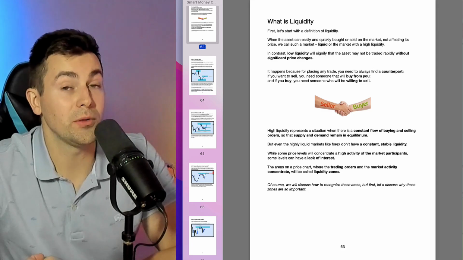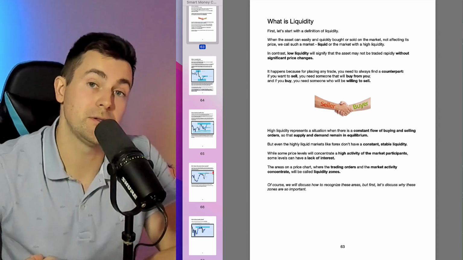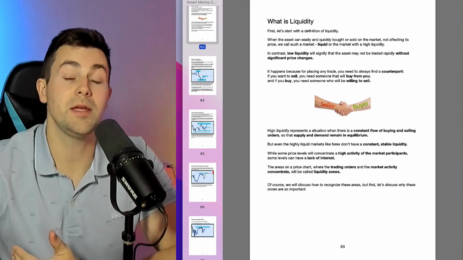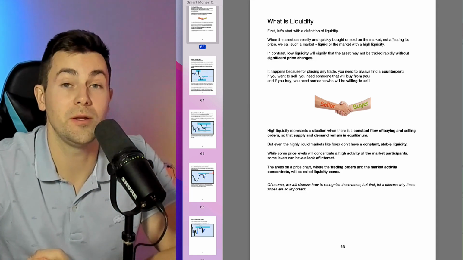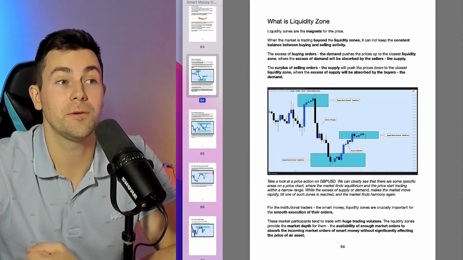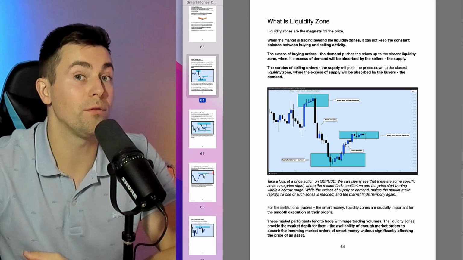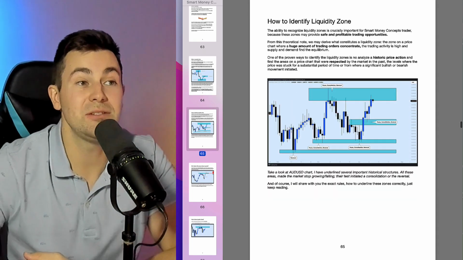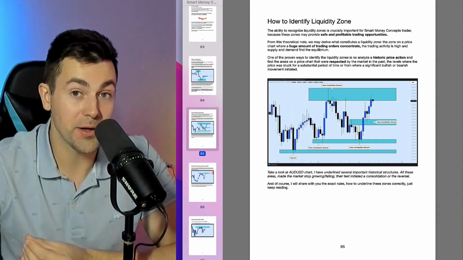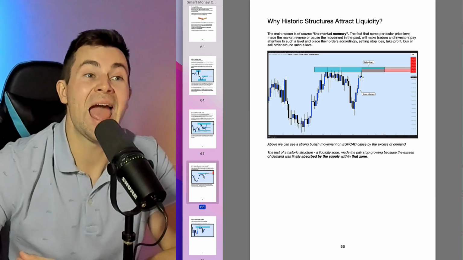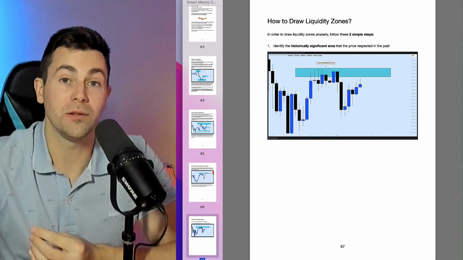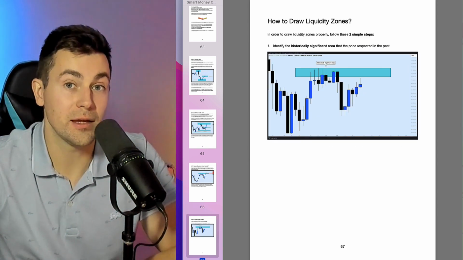Here's the chapter about liquidity and liquidity zones. It starts with the basics, explaining what is the market liquidity. Then it dives deeper into explaining the concept of liquidity zones. It teaches you how to identify the liquidity zones properly and how to draw it using the proven technical analysis